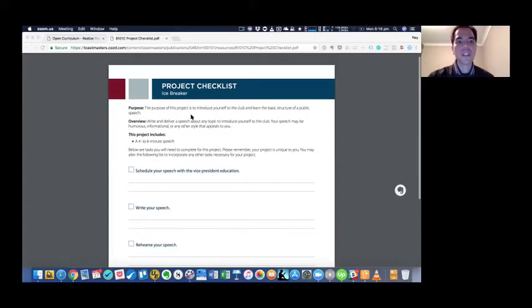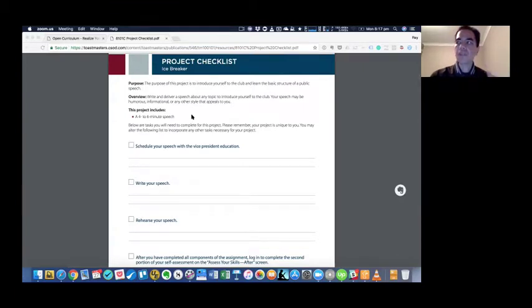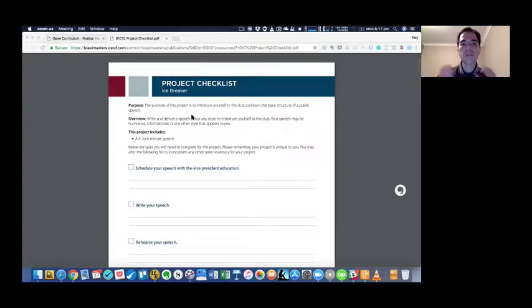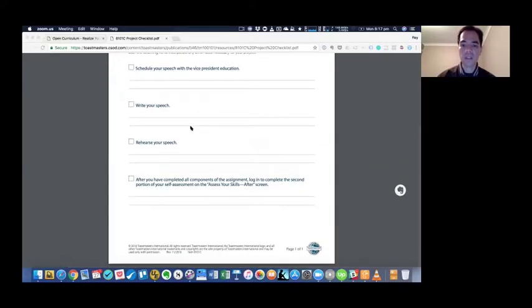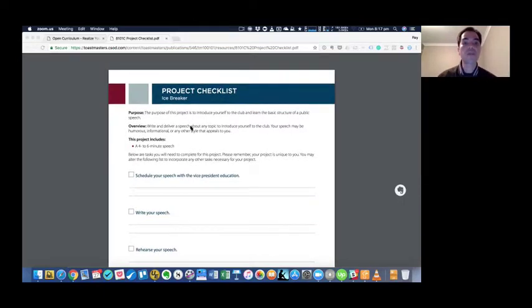So this is the project checklist. And if you have a member who's the type of person who says, "Just tell me what to do and I'll just do it," with that kind of attitude, that kind of direct style, just tell them to go to the project checklist. Download it. It's a 1-page, sometimes a 2-page PDF, and that tells you exactly what you're supposed to do,